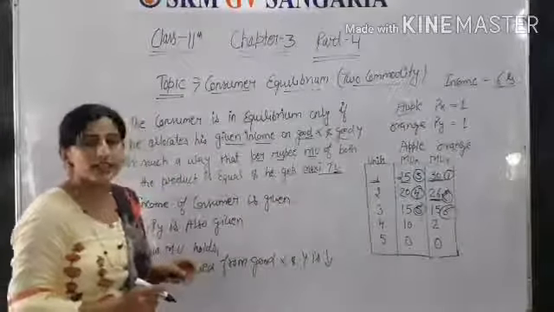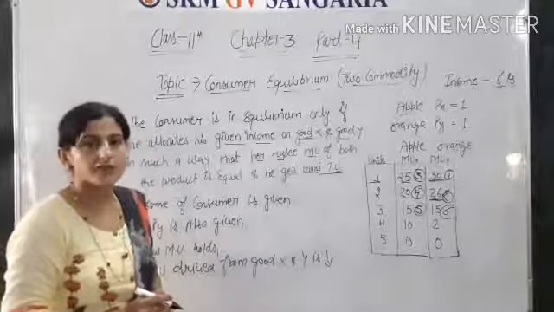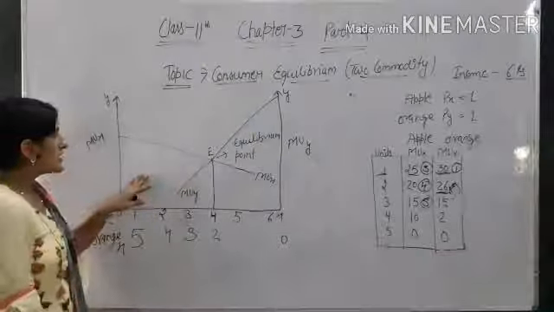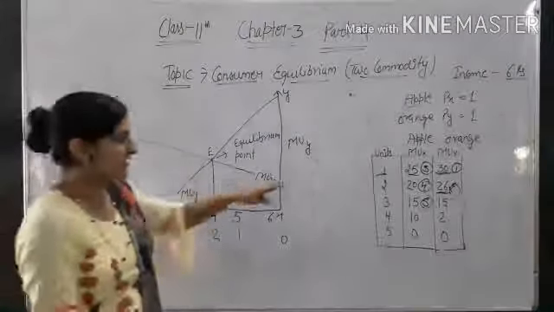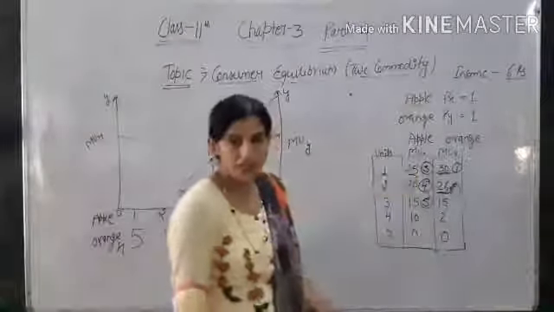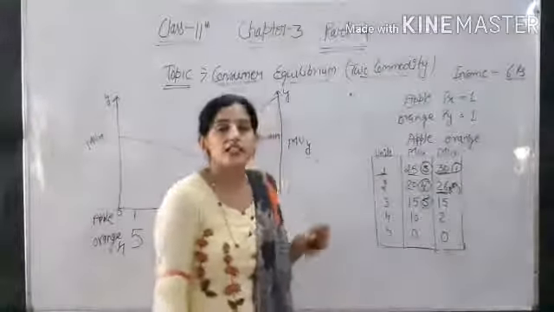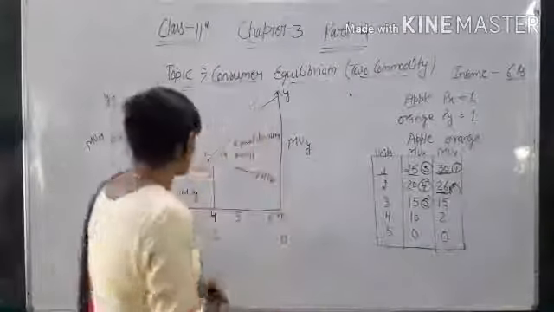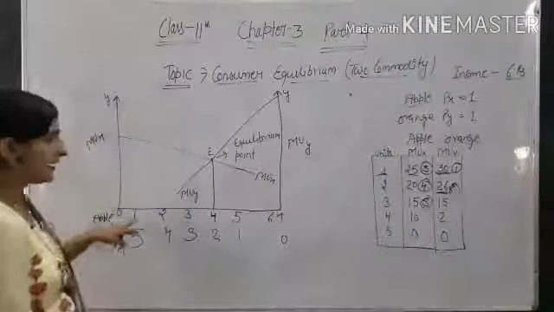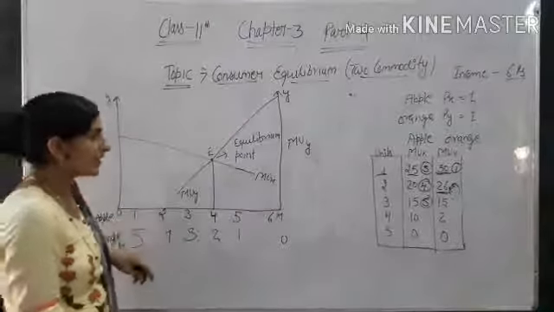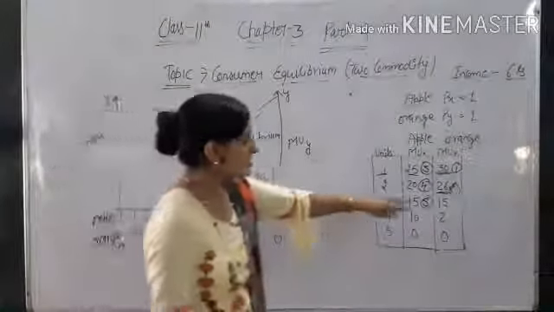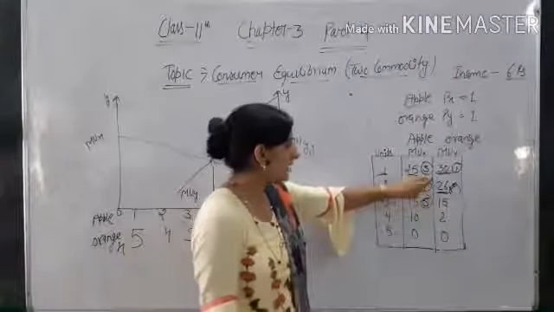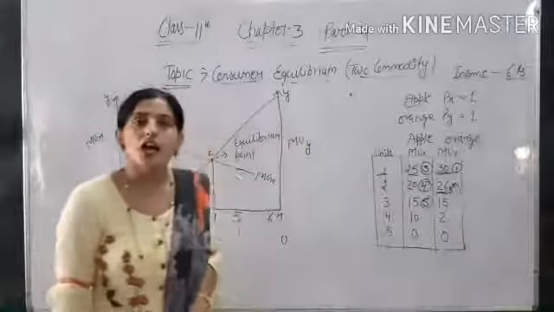Now we will discuss this with the help of the diagram. So now we will discuss this table by the diagram. When the consumer is consuming the first unit, we are saying he is spending on the orange, that here the marginal utility derived from the orange is more compared to the marginal utility from the apple. So for the first unit he is going for orange, and for the second unit also he is going for the orange, and the third unit he is spending on the apple, that here the marginal utility from the apple is more than the orange.